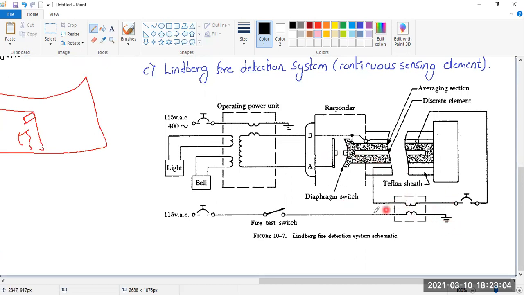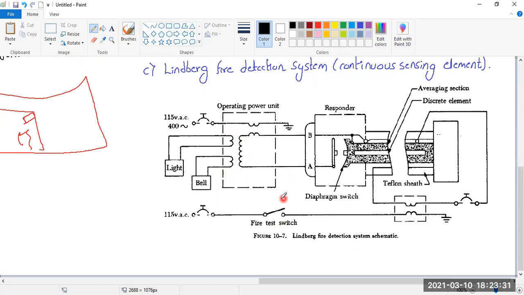Here you can see electricity was already coming from here. It is connected here, not completely shown in the picture. Once the circuit is completed, EMF is induced in the secondary coil, sounding an alarm. The opposite function will happen whenever the fire is gone. The gas from the averaging section will be trapped again into the discrete element. Contact will be broken. No electric supply in the primary coil, so there would be no signal in the secondary.